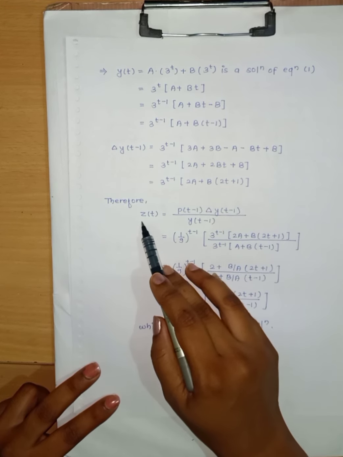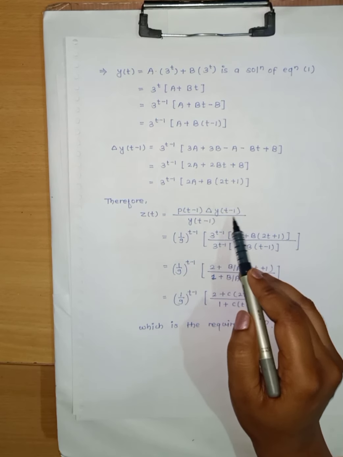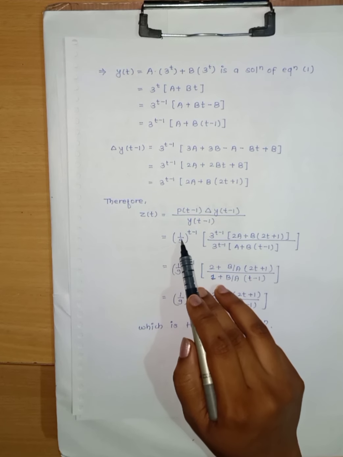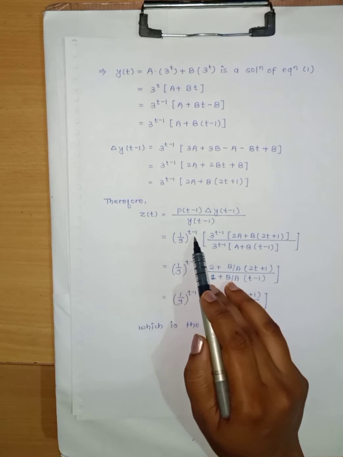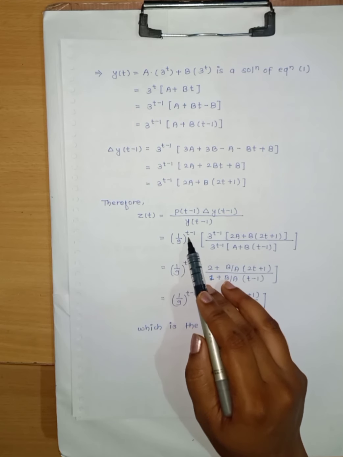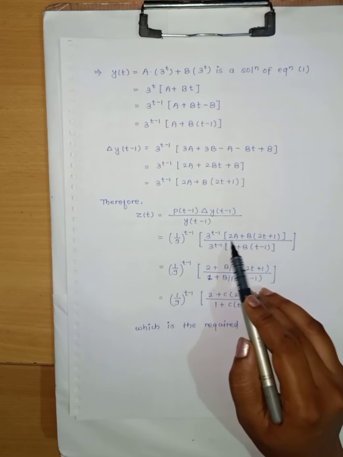Therefore, the value of z of t is equal to p of t minus 1 times delta y of t minus 1 upon y of t minus 1. So this is equal to 1 by 9 to the power t minus 1, because we have p of t minus 1 as 1 by 9 to the power t minus 1. Then the value of delta y of t minus 1